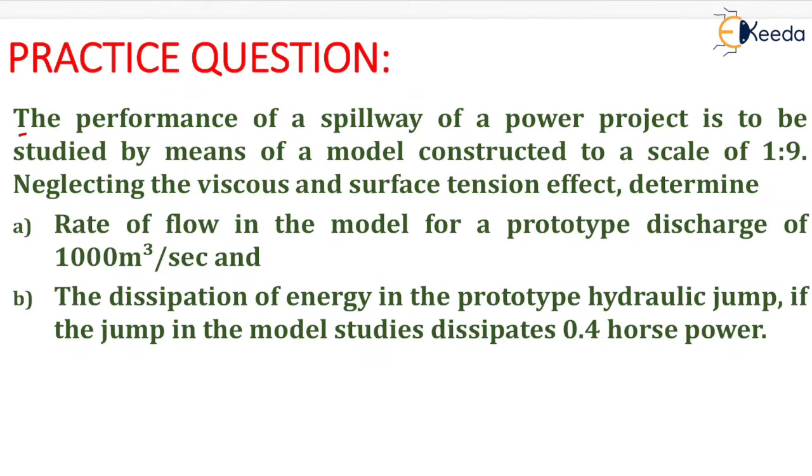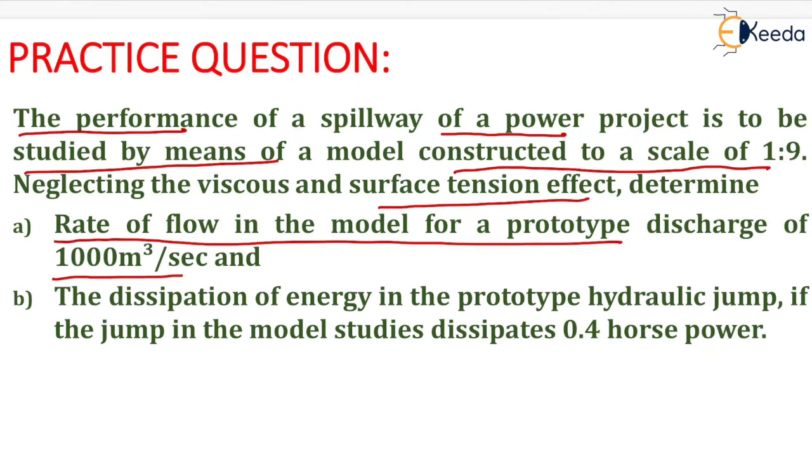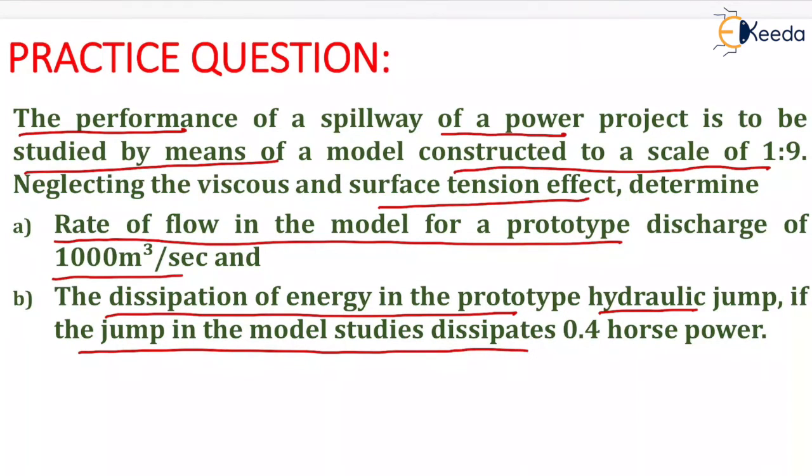The numerical is given as: the performance of a spillway of a power project is to be studied by means of a model constructed to a scale of 1:9. Neglecting the viscous and surface tension effect, determine the rate of flow in the model for a prototype discharge of 1000 meter cube per second, and the dissipation of energy in the prototype hydraulic jump if the jump in the model studies dissipates 0.4 horsepower. Now the given quantity is the scale, that is Lr, given as 1:9, as